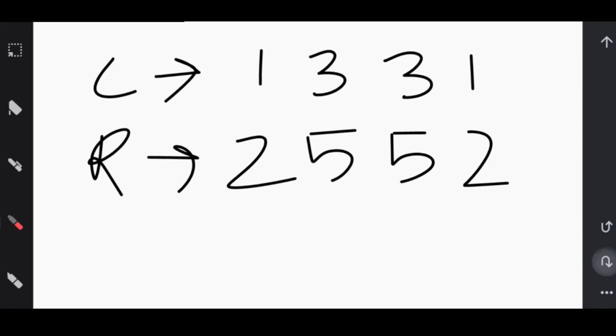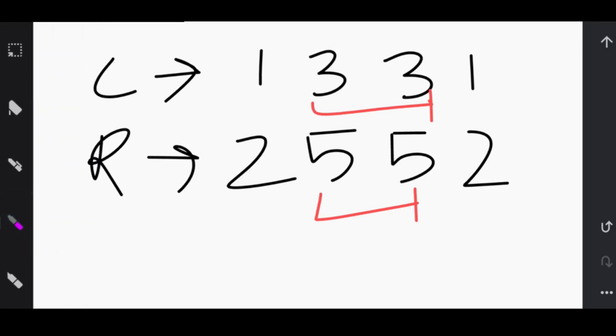So for i equal to 1, we check these two values. If they are not the same, then we will increase the value of i. Okay, so now we will compare these two and these two, right?